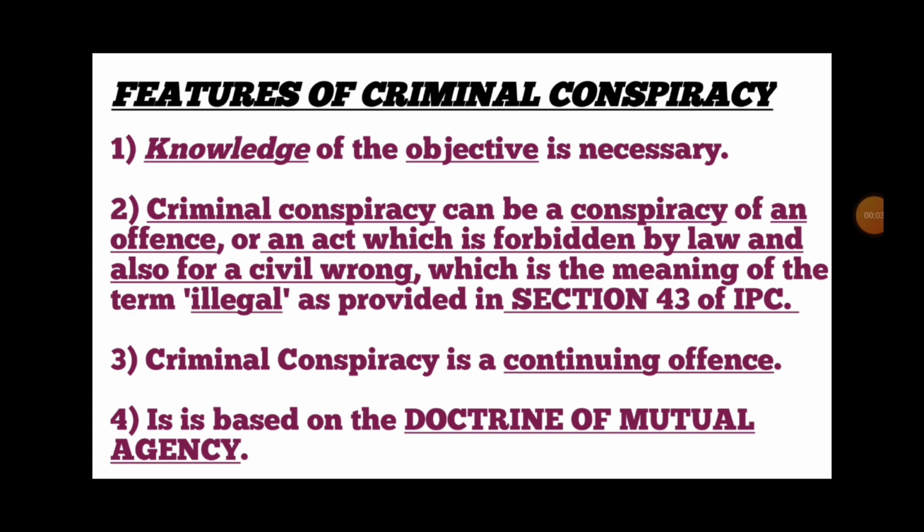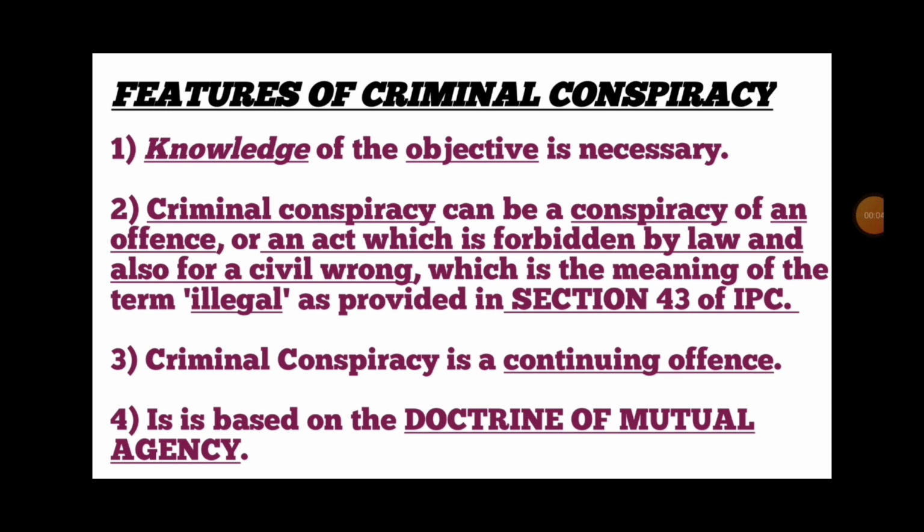Second point, criminal conspiracy can be a conspiracy to commit an offense or an act which is forbidden by law, and also for a civil wrong, which is the meaning of the term illegal as provided in Section 43 of the IPC. It means that the act of criminal conspiracy includes conspiracy of an offense or an act which is forbidden by law, which is prohibited by law, and also conspiracy of civil wrongs, which is the meaning of the term illegal as provided in Section 43 of IPC,